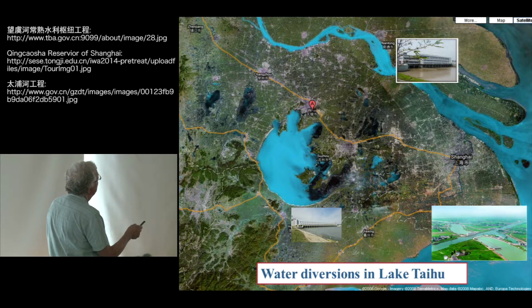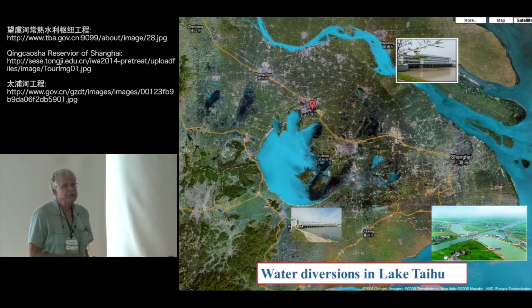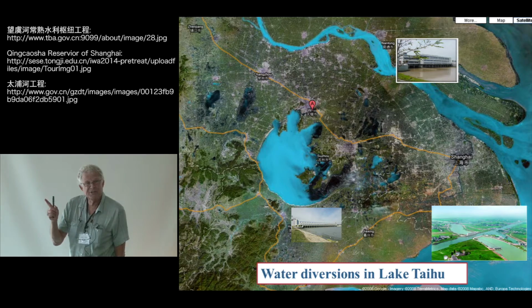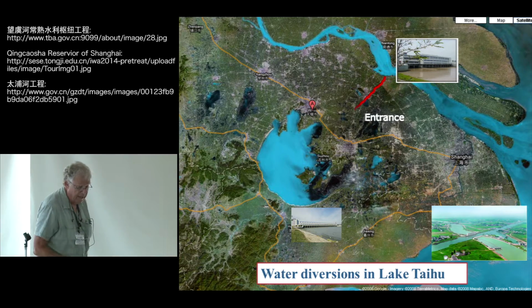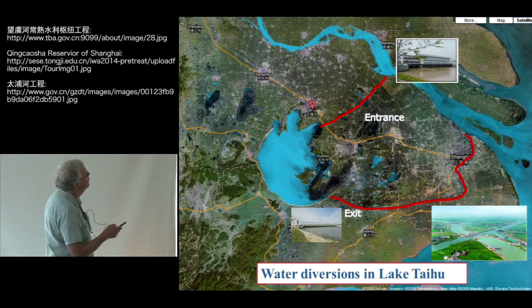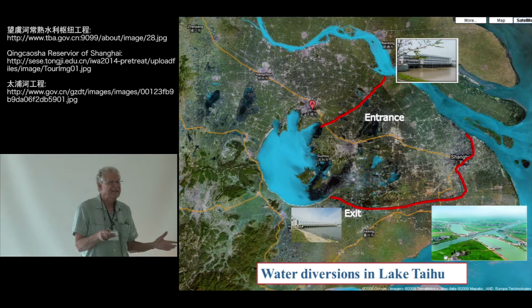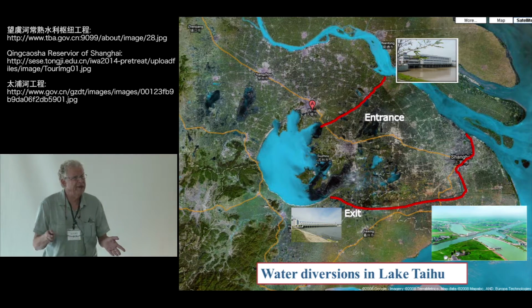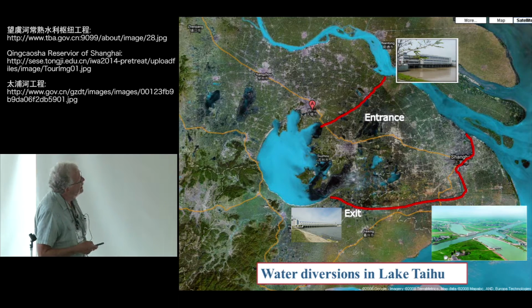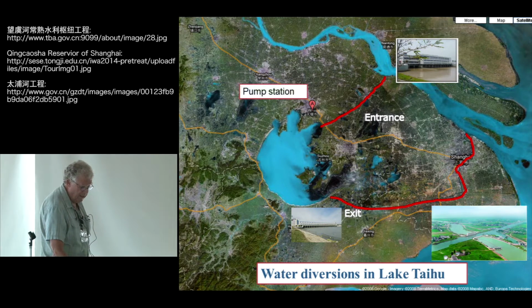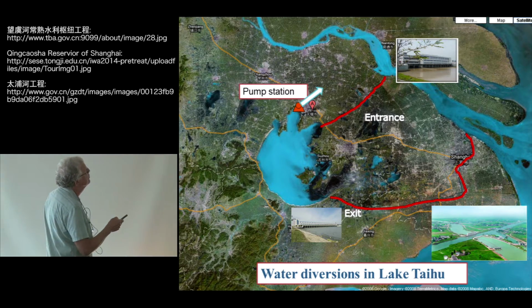So the engineers, when this problem occurred starting in the late 80s and early 90s, had an answer, and that is, let's flush the lake and build a canal to connect the Yangtze River to Taihu and reduce the residence time of the lake to allow the cyanobacteria not to be so competitive. So this went into place in the late 90s, and you can see here the connection from the Yangtze going, and then here's the exit going into Shanghai. They also pump water back on land in order to do land applications.